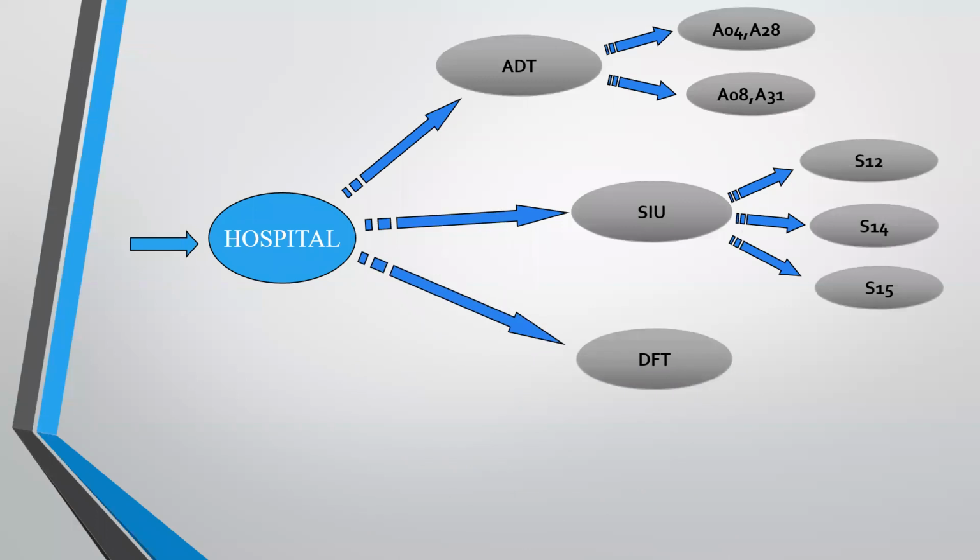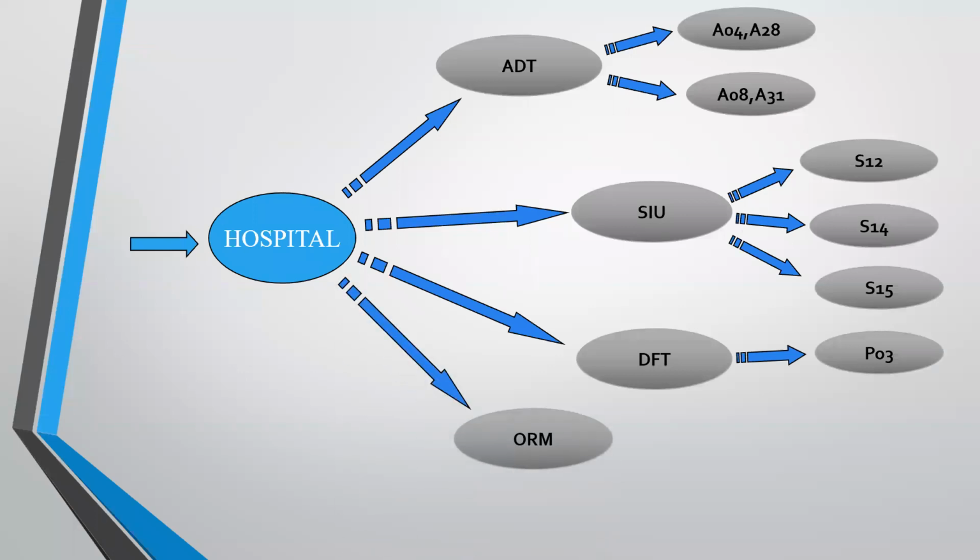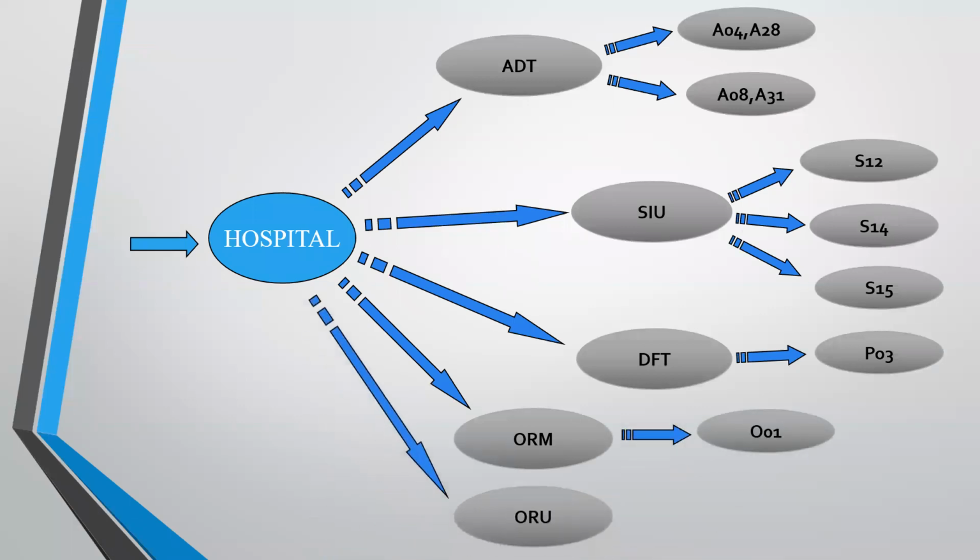Similarly, DFT, detailed financial transaction, has only one event type, which is P03. ORM is order message, observation request message. The doctor is requesting an observation. That's the reason it is called an observation request message. And it has O01. Similarly, we have ORU, observation result unsolicited, which is represented with the help of the R01 event